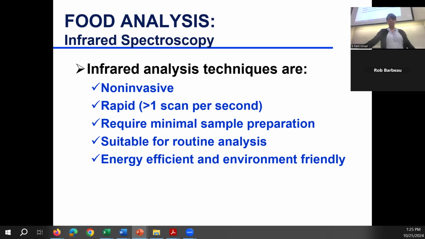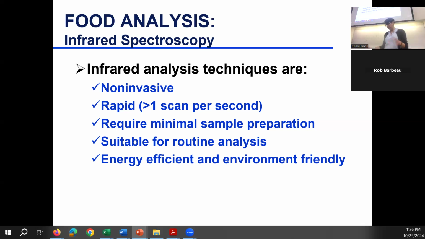It's very rapid. You get the results very quickly. And usually there's hardly any sample preparation. For example, if you want to measure the composition of a grain sample, you make sure you mill it so it's a homogeneous particle size. You put it in the sample compartment to a specific thickness, and that would be all the sample prep that you would need to do. It's suitable for routine analysis, quick quality check, fast,